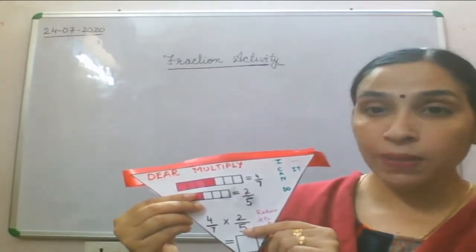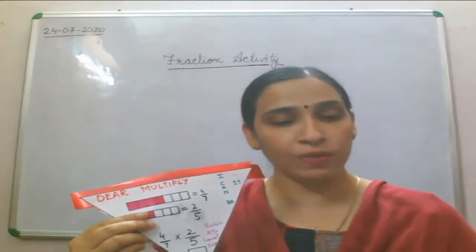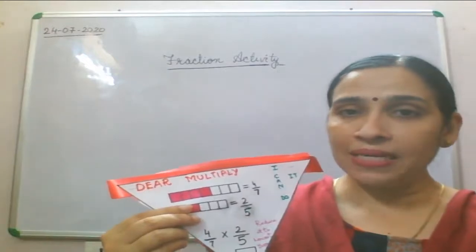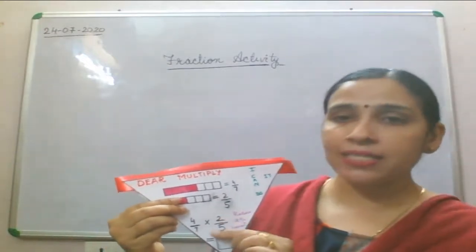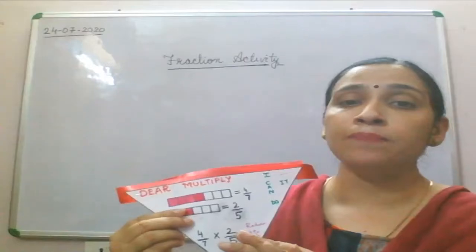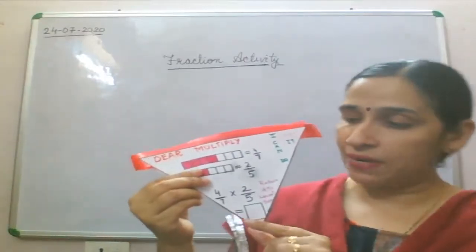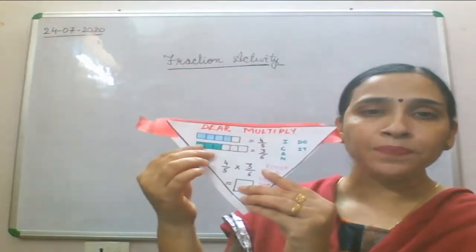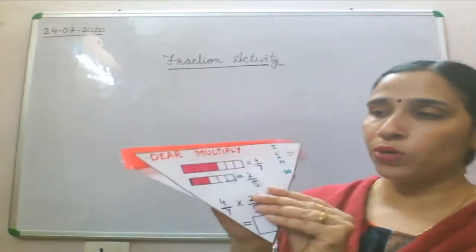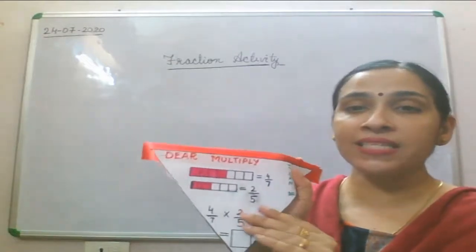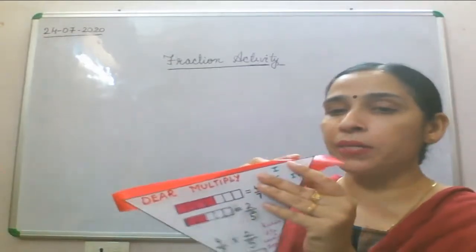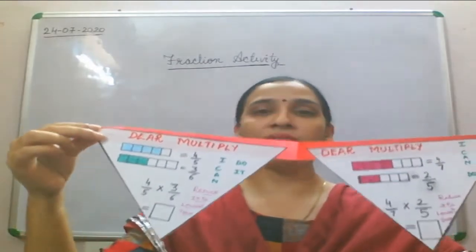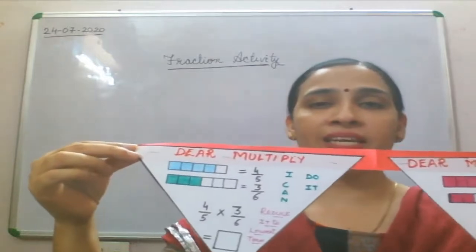Then we will do the multiplication, following the same steps we were doing in the questions. We will multiply numerator by numerator and denominator by denominator, and then we are going to reduce it and write the answer here. See this, one triangle and one more triangle, and I have pasted these triangles on a ribbon. You can see this on a ribbon. It is looking very nice.